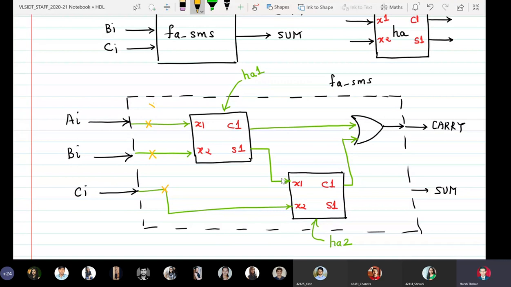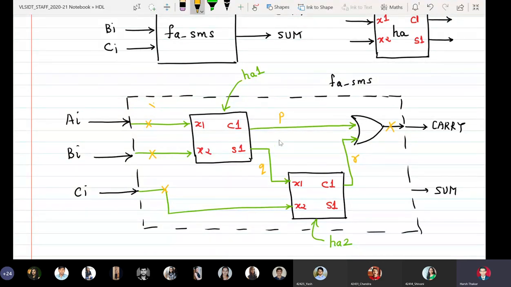Because this particular path is connecting the output of one instance to the input of another. Similarly, this path is connecting the output of an instance to an OR gate. So we need to define intermediate signals, say P, Q and R. Okay, but I don't need anything here. So all paths do not need intermediate signals. You need only three intermediate signals here.